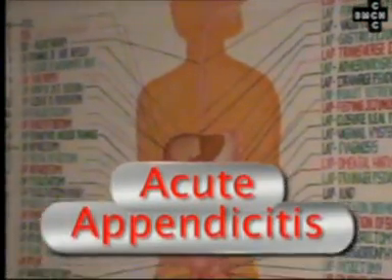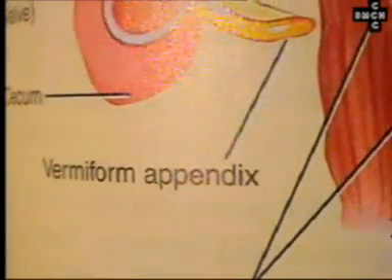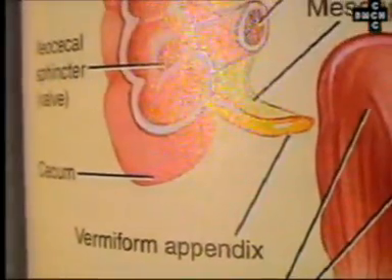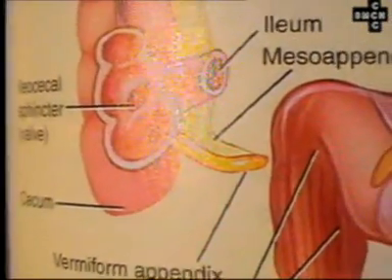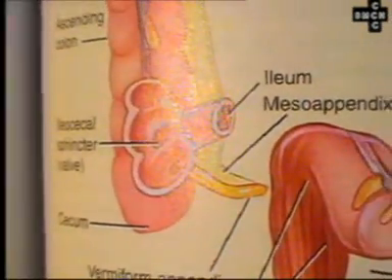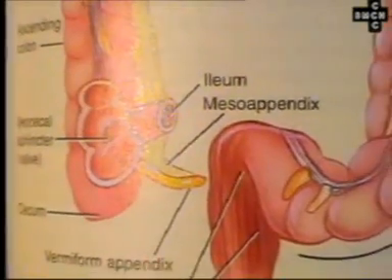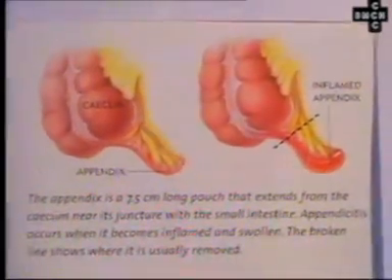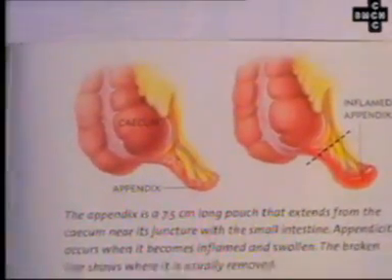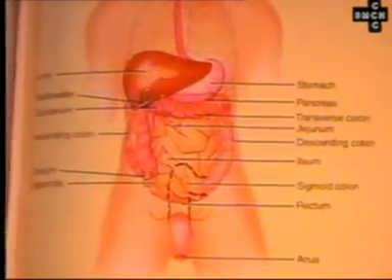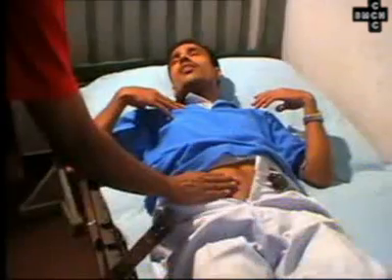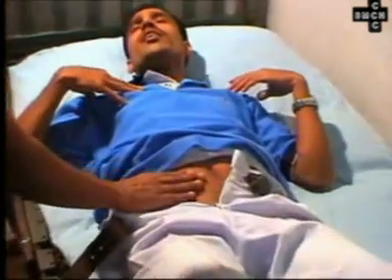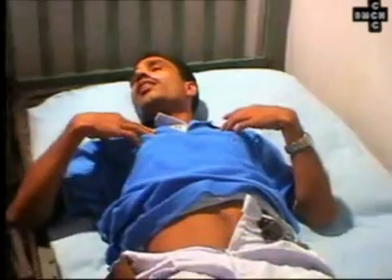Acute appendicitis. The vermiform appendix is considered a vestigial organ by many. It is of great importance because of its propensity for inflammation. Acute appendicitis is the most common cause of acute abdomen in young adults. Despite extraordinary advances in modern medicine, the diagnosis of acute appendicitis is essentially clinical.